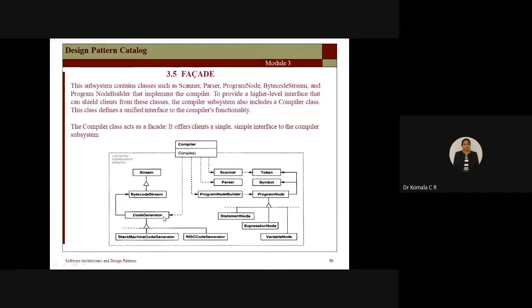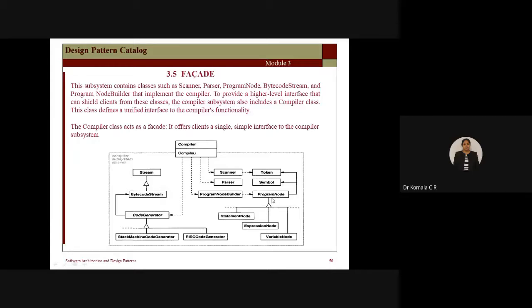Once you perform this, it will create an instance of the bytecode stream. Now I convert the code you have generated into bytes. Finally, the stream of codes is going to be executed. So the stream is inherited as bytecode stream, the bytecode stream is produced by the code generator, and the code generator is implemented by two child classes.